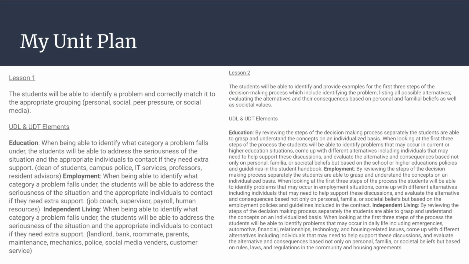So the way that I broke up my unit plan was into 3 separate lessons with a final project at the end. When looking at UDL and UDT elements, I made sure that there were multiple means of engagement, representation, and action and expression by allowing different accommodations and modifications, such as having subtitles on the videos, descriptive statements for students that may need it, preferred seating, different ways to